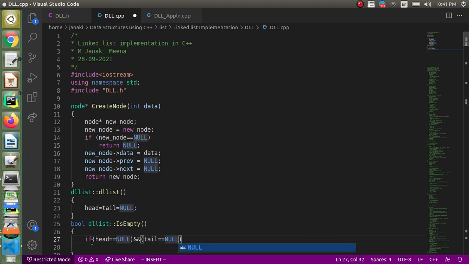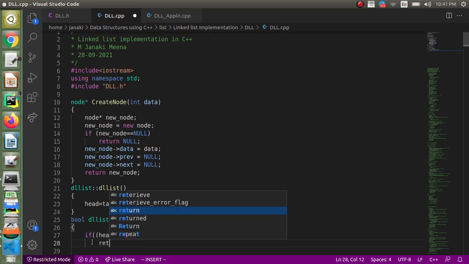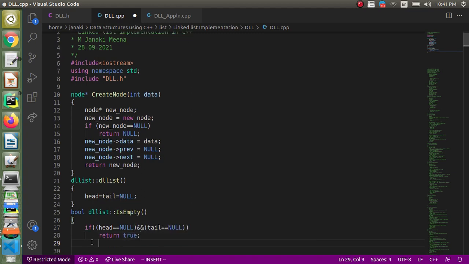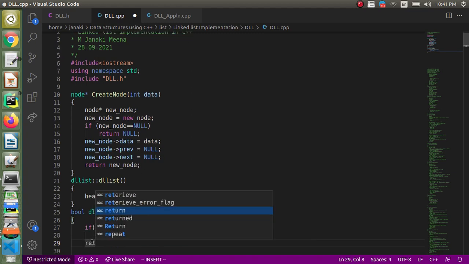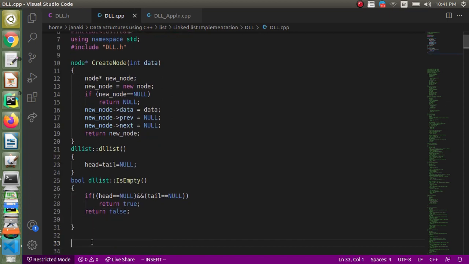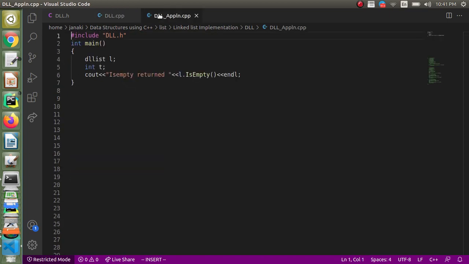In this case we have to return true, that is, the list is empty. Otherwise we have to return false, indicating that the list is not empty. Fine, so hopefully it's done.